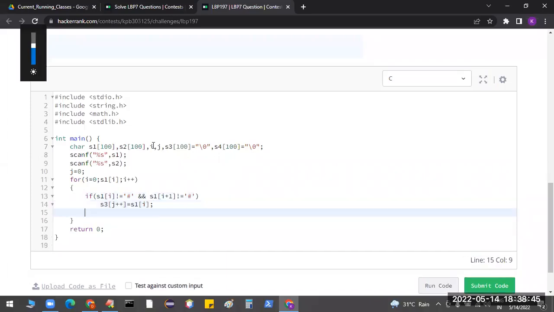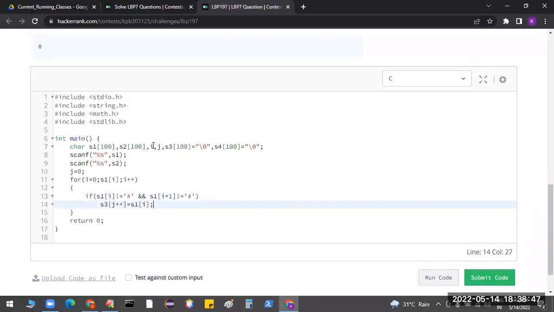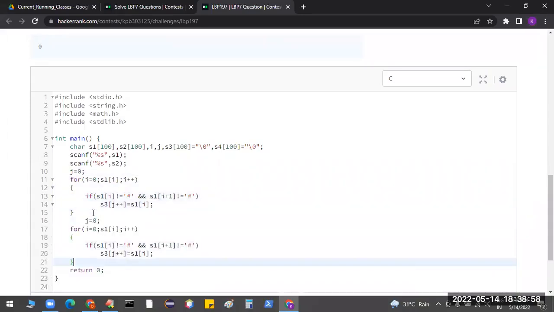I am incrementing like this. That means I am removing spaces, sir. If the next space is there, I am not considering. If the current thing is there, I am not considering. Sir, the same concept I am implementing for the next string also. What is the next string that we have? Sir, S2. I am copying S2 into S4